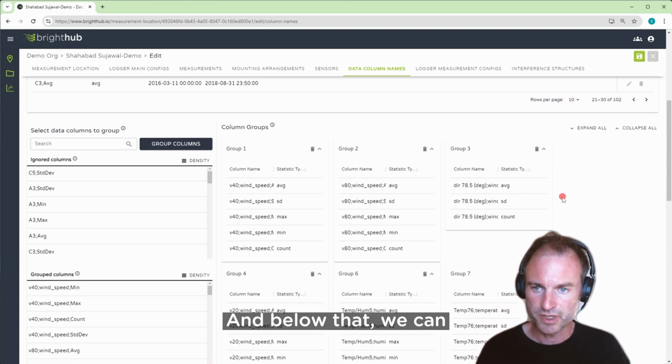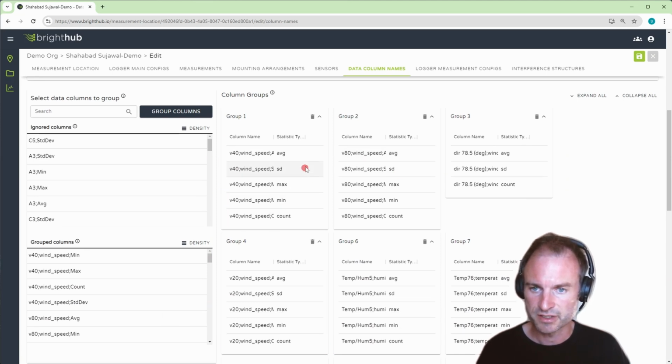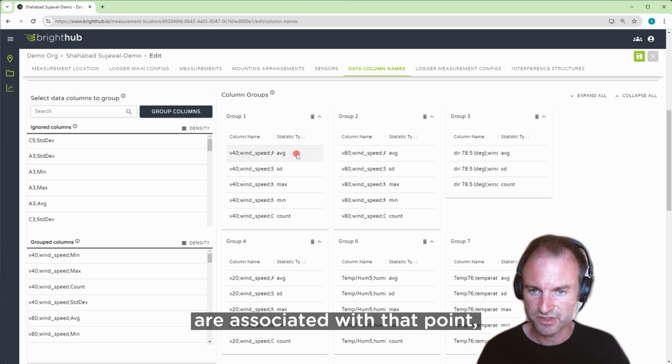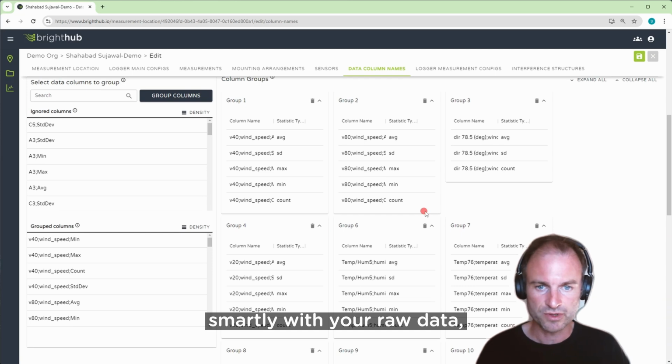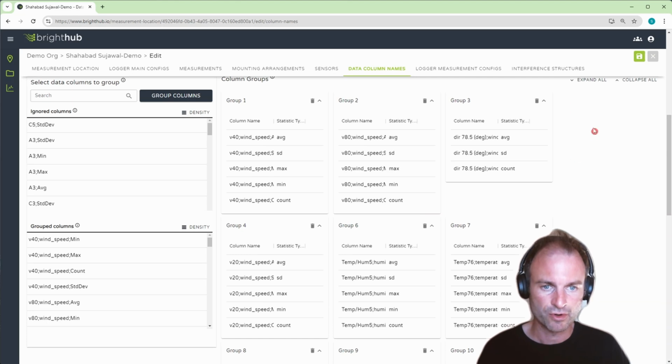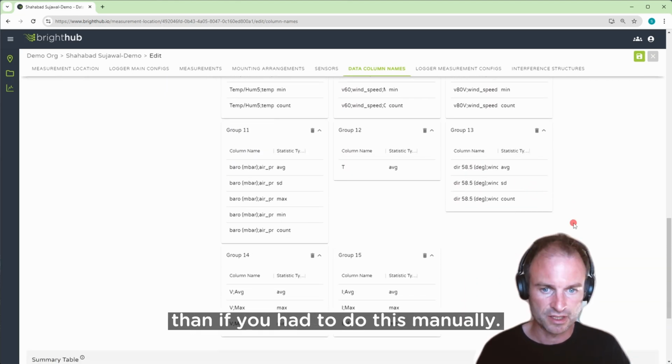And below that, we can see the column groups. So here, BrightHub has grouped for a particular measurement point the raw data columns that are associated with that point, such as the average, standard deviation, max, min, and count. BrightHub, because it's working smartly with your raw data, has done this automatically for you. So it has grouped all of the relevant statistics together per measurement. This makes it really powerful, and it saves you a lot of time than if you had to do this